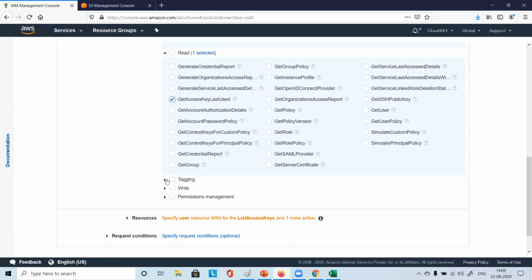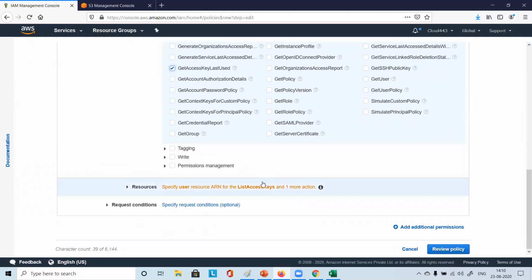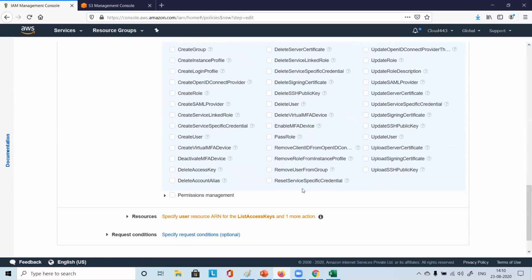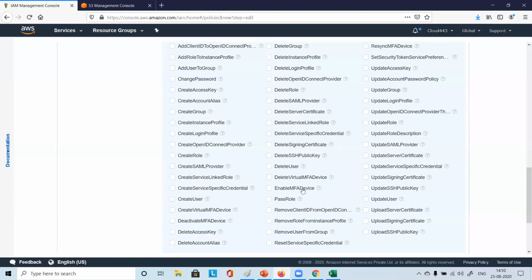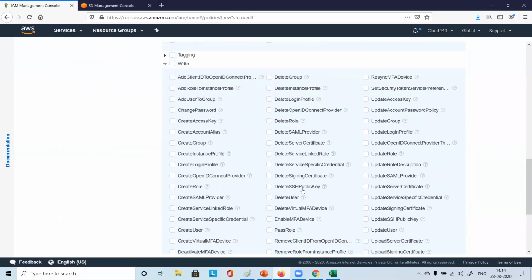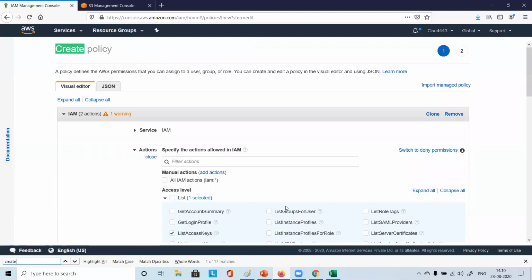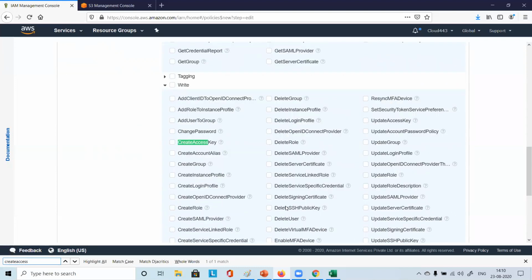You can do certain tagging things. You have some options, right? Under the write option, tagging we can skip. Maybe for write operation you want to create an access key, right? Just do Control F and you can search for create access. See, create access key is there, right?